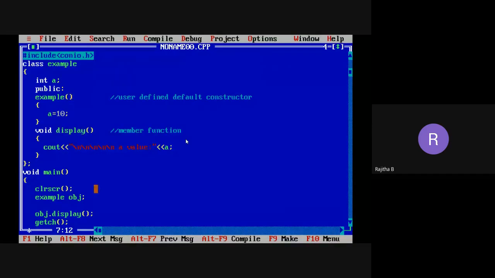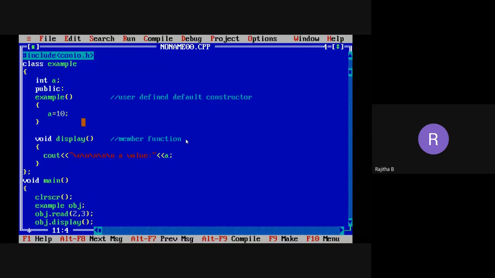Suppose I want to pass parameters to some function, say a read function, with 2, 3 values. When you are taking obj.read of 2, 3, I need to take the read function definition in the class also.